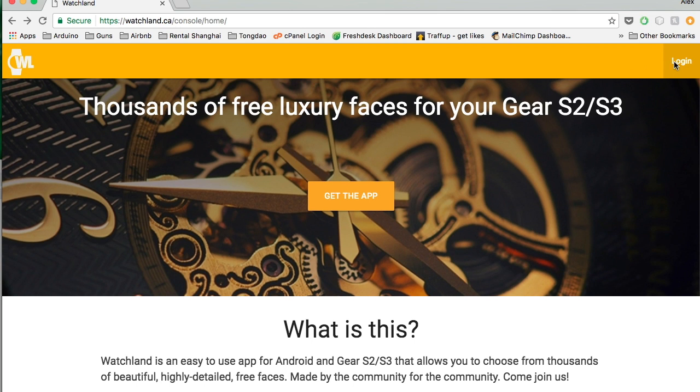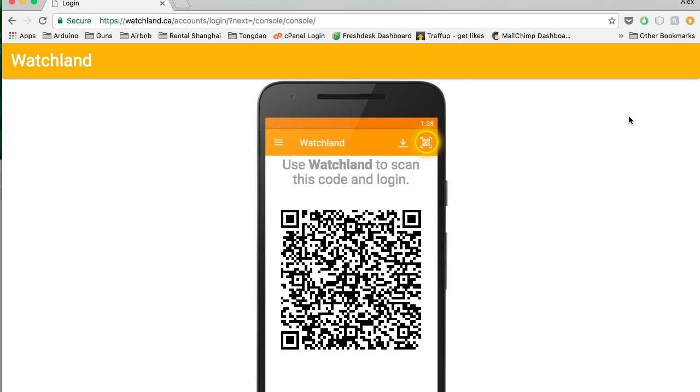Start by clicking login here, and you'll be presented with a login screen. On your phone, click the scan QR button and just scan the code. You might have to sign in on your phone if you haven't signed in before. I've already signed in. It takes a few seconds, very quick. Click confirm login,